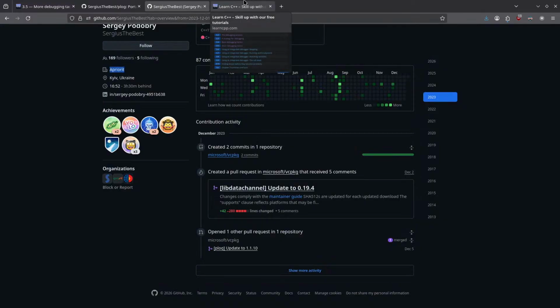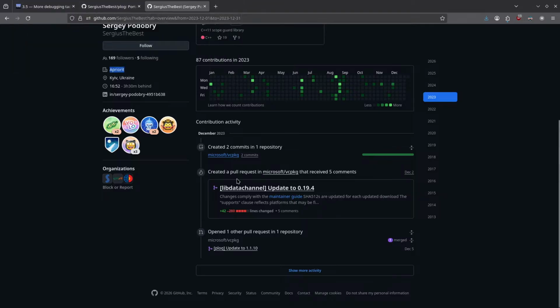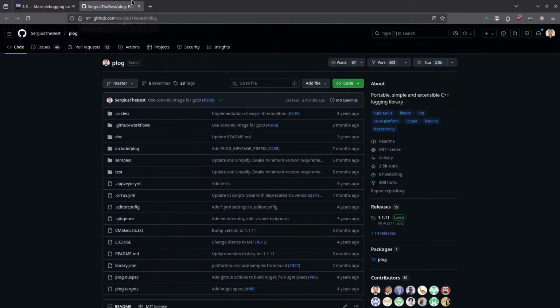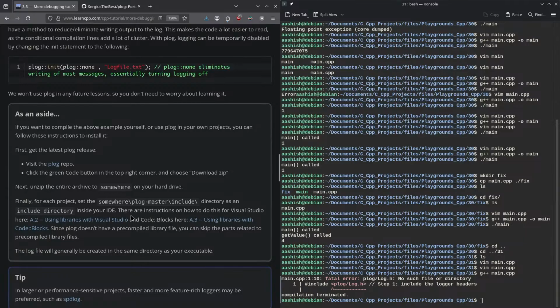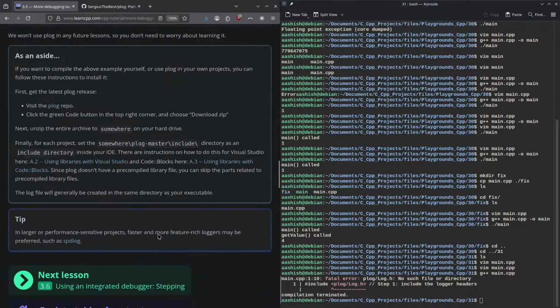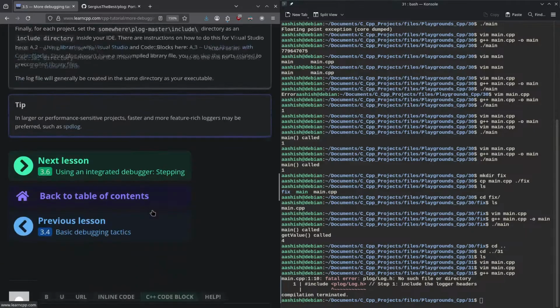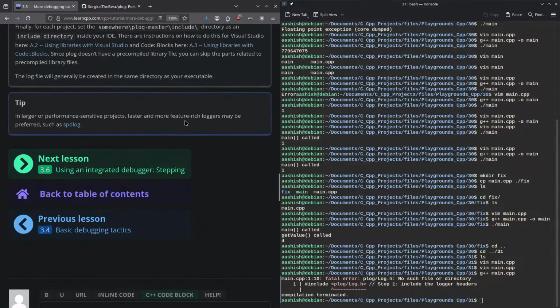LearnCpp.com. Plog repo. Click the green code button and download the zip. Finally, for each project, set the plog include directory; the log will generally be created in the same directory. For larger projects, a faster and much more feature-rich logger may be preferred, such as